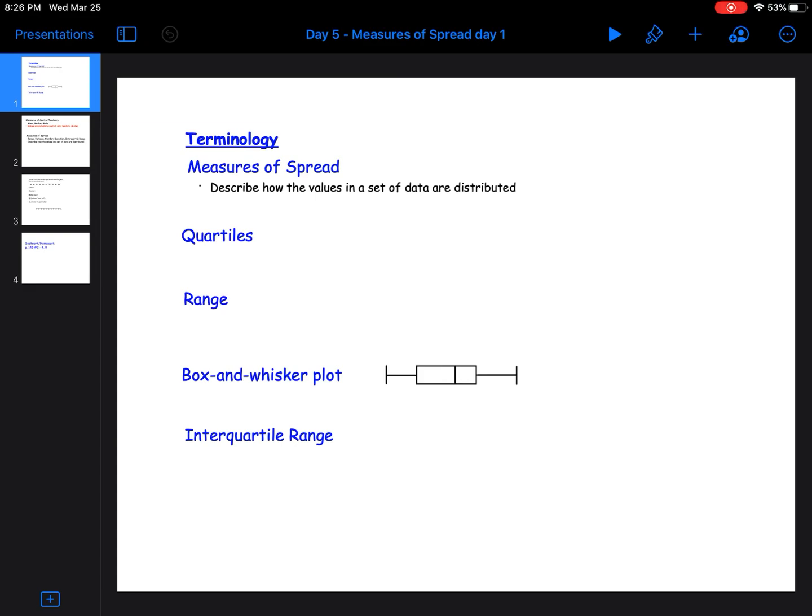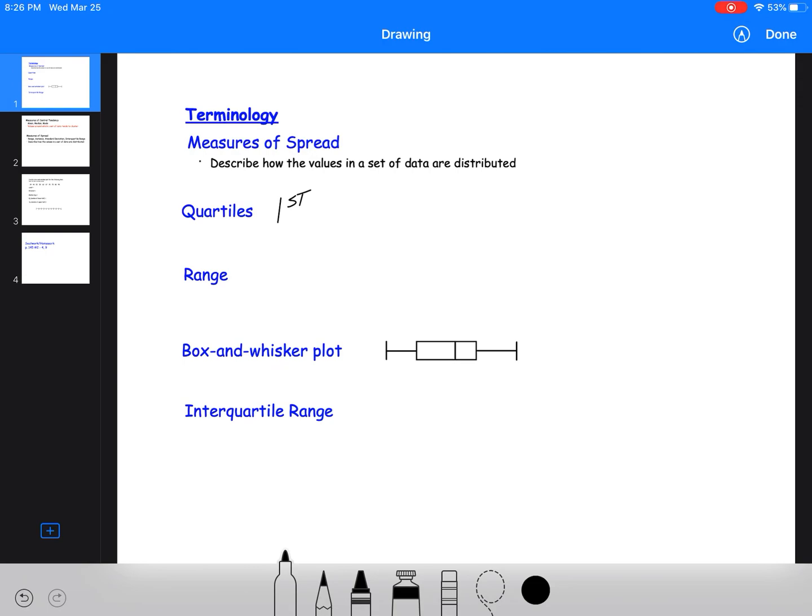Okay, so measures of spread describe how the data is moved apart, or how the data is collected all in one spot or not all in one spot. They describe how the values are distributed. Quartiles, so the first quartile